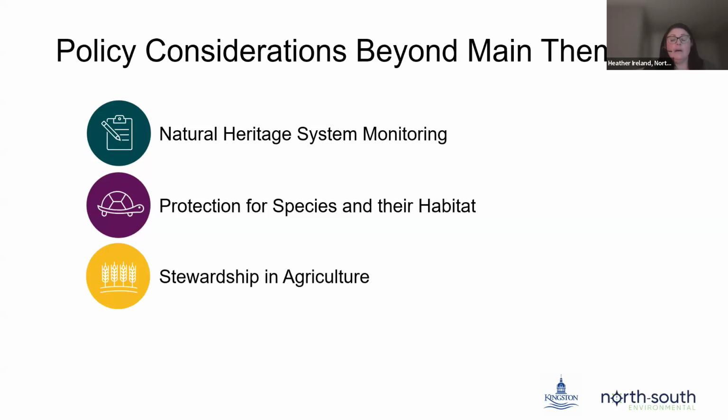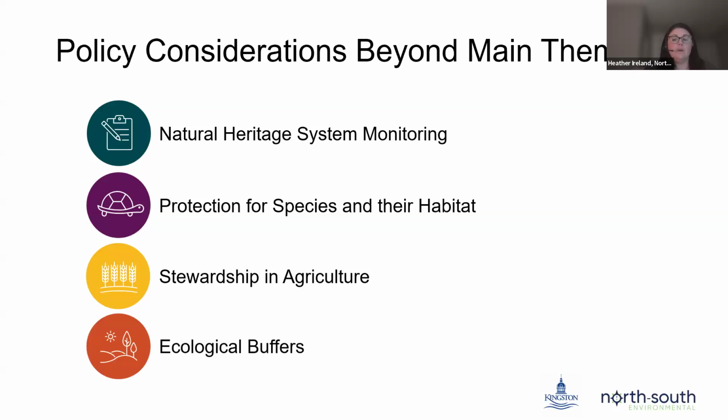We did hear back a bit about stewardship in the agricultural areas. So there are some policy considerations around recognizing, again, that agriculture is complementary to the natural heritage system, highlighting the stewardship role of farmers and supporting best management practices such as vegetated riparian areas or tree cover, or even looking at hedgerow retention. Restoration enhancement on productive agricultural lands can also help further strengthen the ecological function and connectivity of the natural heritage system.